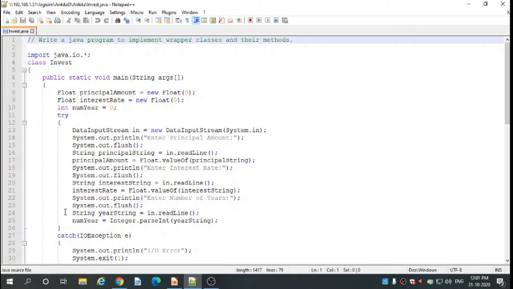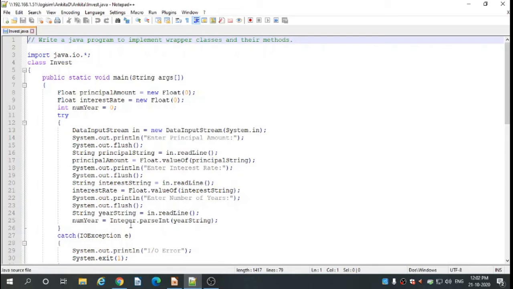Like String yearString = in.readLine, and it is going to convert the string value into an integer value. Because numYear is already in integer type, there is no need to convert primitive to object here.